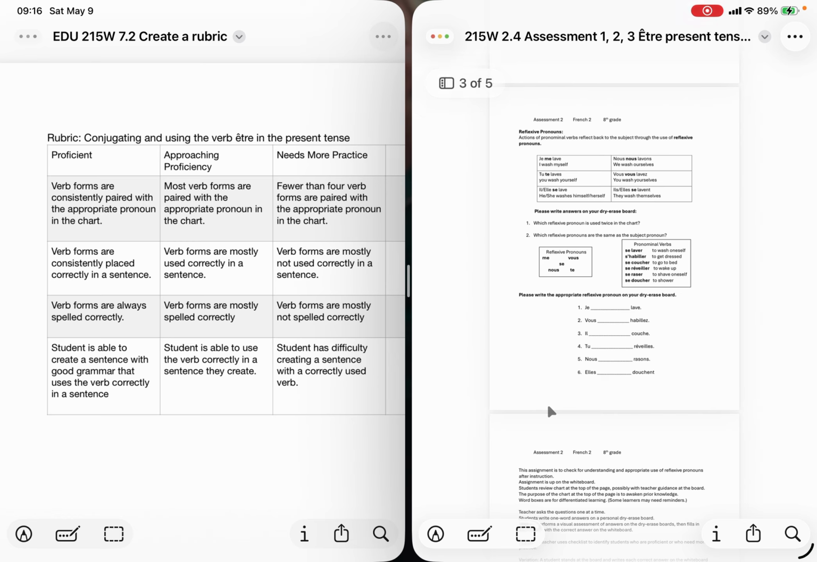The next one is about reflexive pronouns. Like, for example, here we have to wash oneself. I wash myself, you wash yourself. So the reflexive pronoun that means yourself is this one in bold here. So we could easily modify this rubric and say, instead of verb forms are consistently paired, we could say reflexive pronouns are consistently paired with the appropriate subject pronoun, and easily modify this rubric to fit this exercise, which is pretty much the same thing, other than they don't have to make up